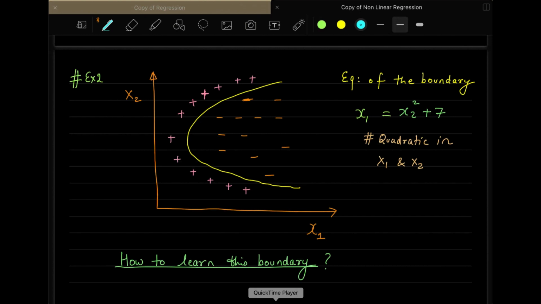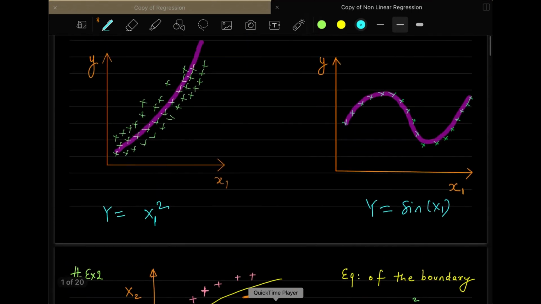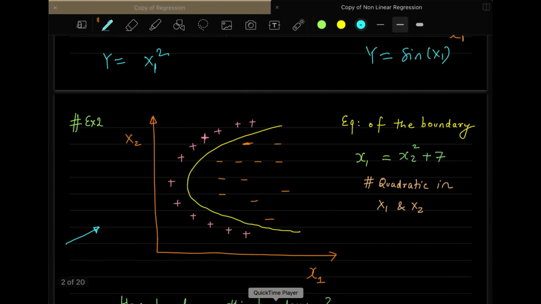So let us take a second example now. Our focus today is this example given over here. It is in some way similar to the top one, but it's more of a classification setting, which we have not done yet. But you can understand what we are trying to do here. I'm not explaining classification in detail, but it's just showing you the boundary that it is creating between the two classes. So we have two classes here.